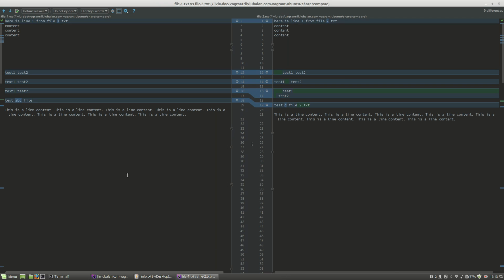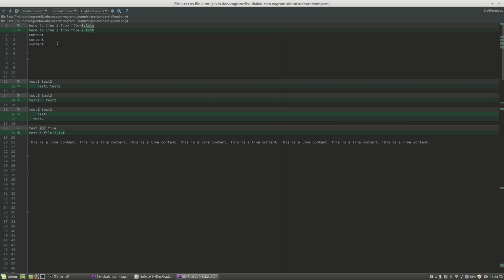So let's see this option, which is this one. And as you can see, by default, the default viewer is chosen, meaning that you have two panels, the left one here and the right one here. Now, if I go to the first difference here, for example, and here I am pressing the A key and here I am pressing the B key, you'll see that I am able to add text on both of these parts. But if I am choosing the unified viewer, you'll see that now I am seeing only